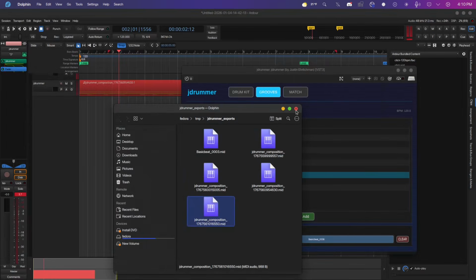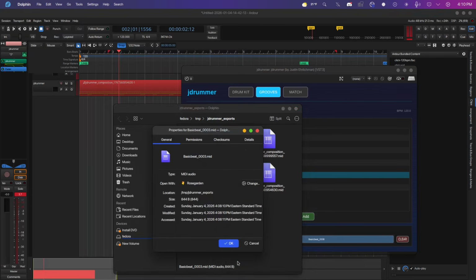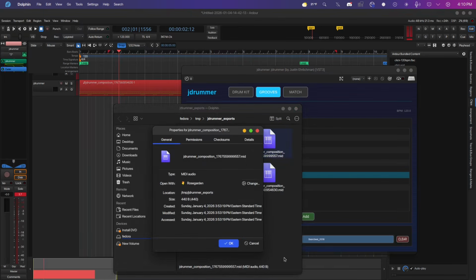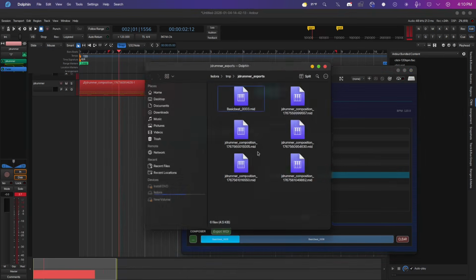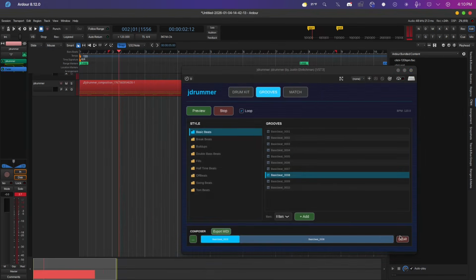I think it's this one. Yeah, it looks like that one's the latest one. So what it'll do is it'll highlight the one that you just created. So you'll want to clear that out, and then